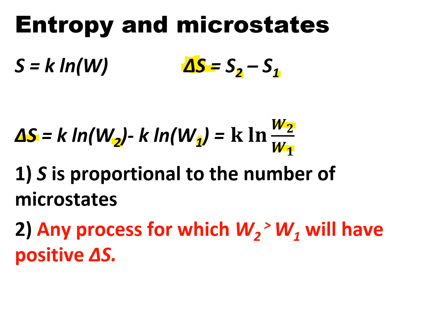So if the reaction is such that the number of microstates is increasing, the delta S is going to be positive. If instead the reaction is such that the number of microstates is going to go down, then W2 is going to be a smaller number than W1. So the ratio is going to be less than 1. That means that the logarithm is going to be negative. That means that delta S is going to be negative. So for any process in which W2 is larger than W1, there will be a positive change in delta S. And that's what's going to drive this, the